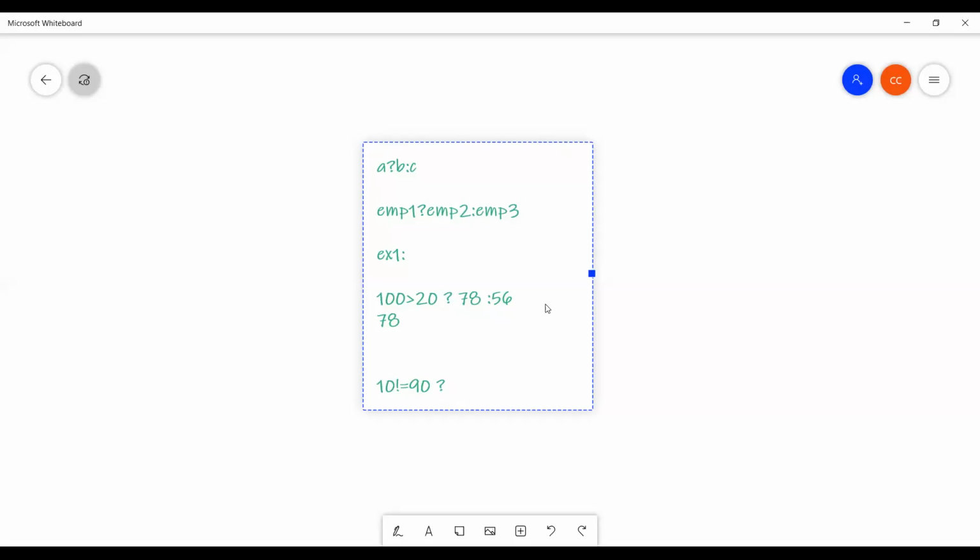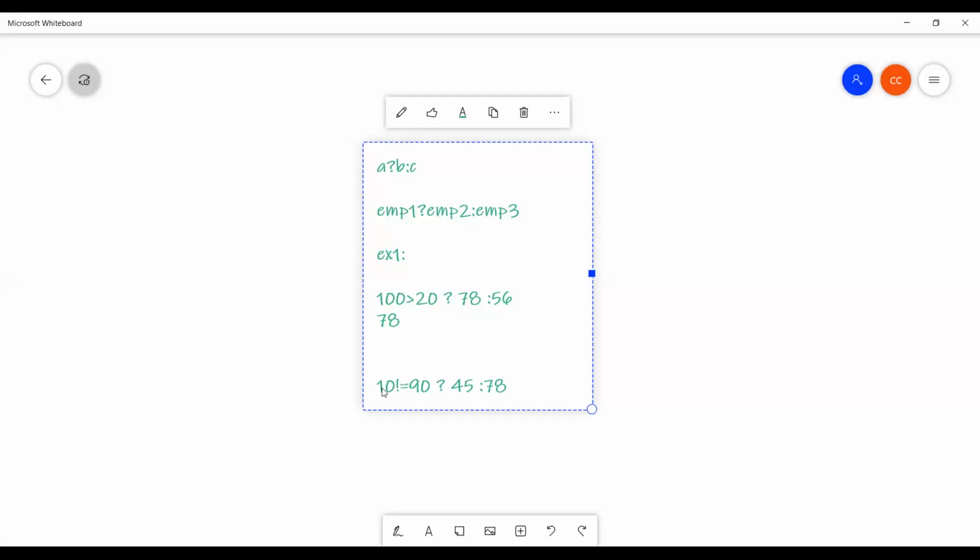Question mark followed by 45 colon 78. Here, the first part up to the first question mark is employee 1, the last colon separates employee 2, and then the last one is employee 3.